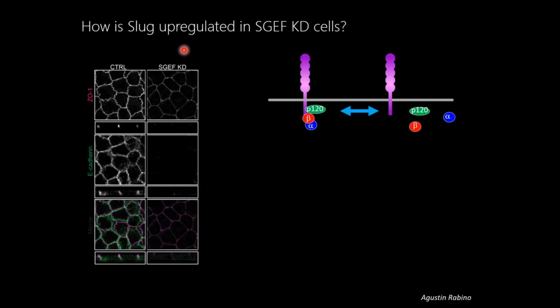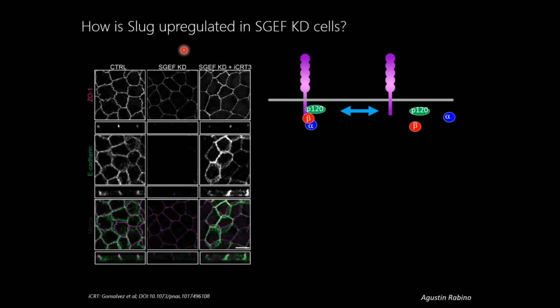So when we treat these cells with an inhibitor called ICRT, what we see is that we rescue E-cadherin levels very, very efficiently. So as I'm systematically building this pathway, we know now that beta-catenin can regulate the expression of E-cadherin at the transcription level,